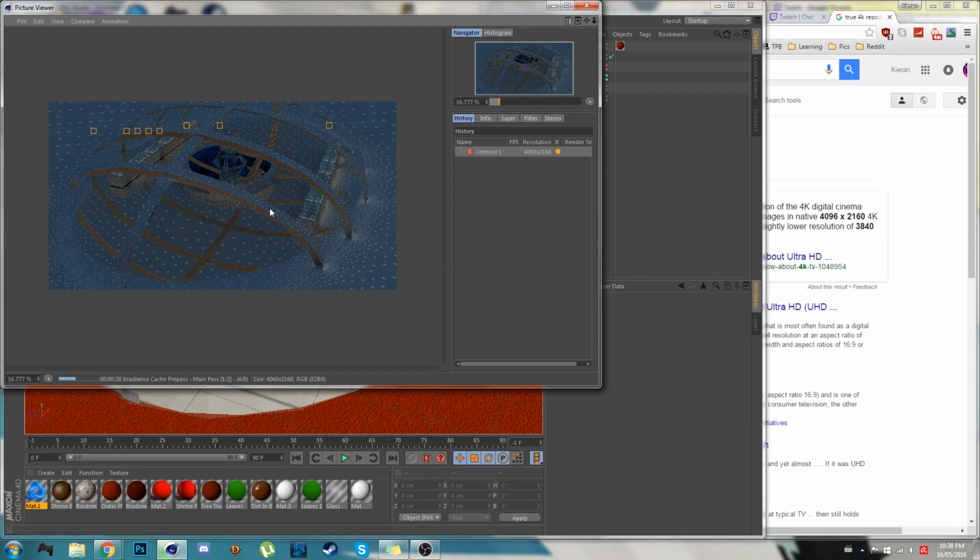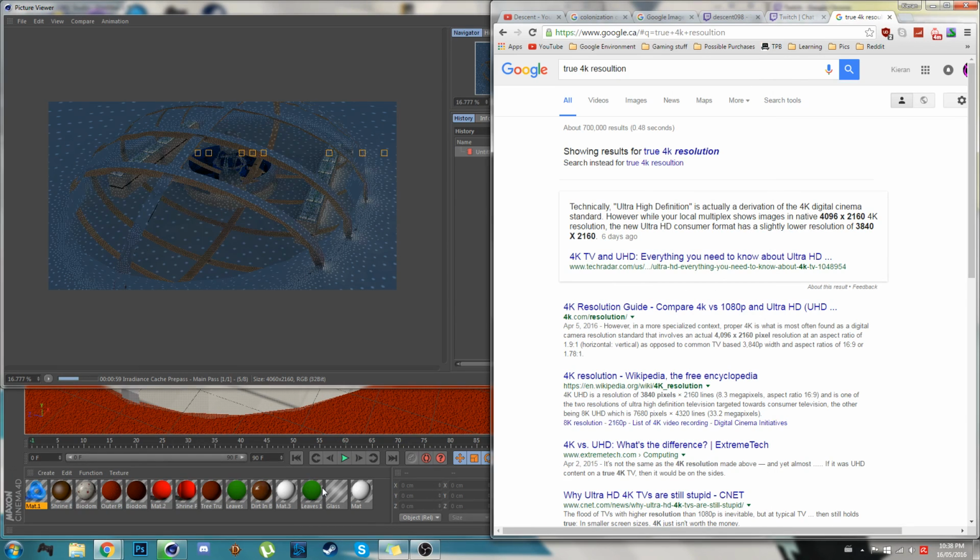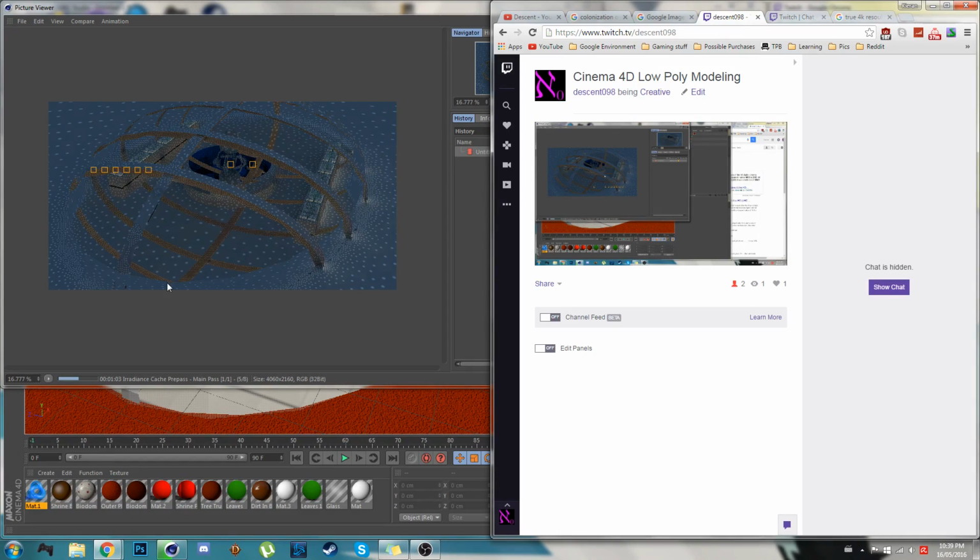So for right now, this is going to be the final project. These two biodomes, and then just the backdrop or floor or whatever you want to call it. And then later on, I'll hopefully be able to turn it into like a full-on landscape sort of thing with all of the